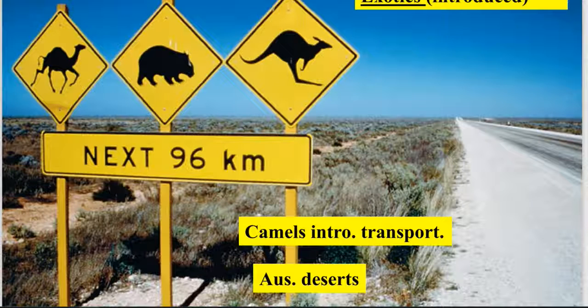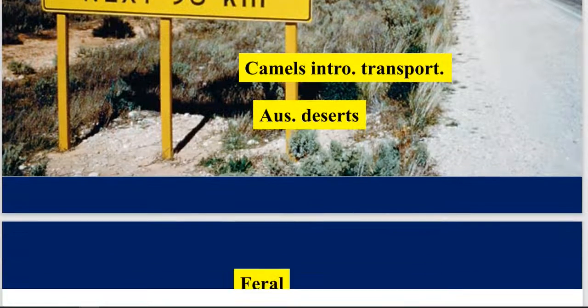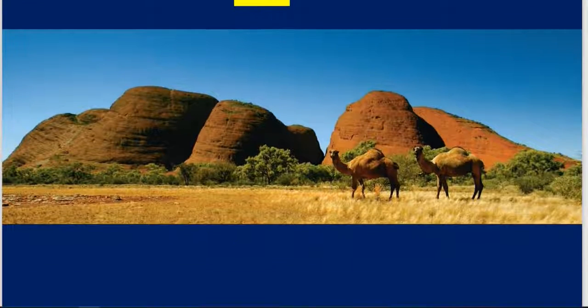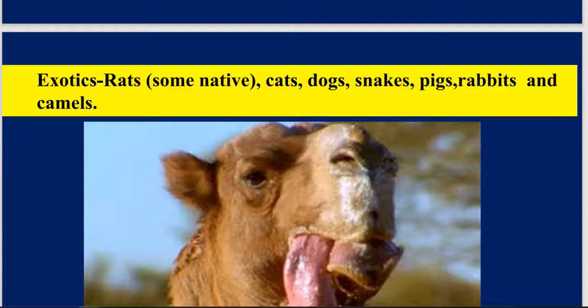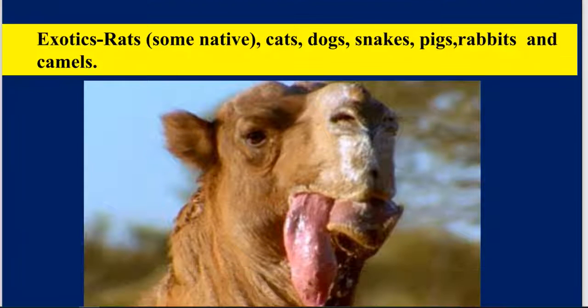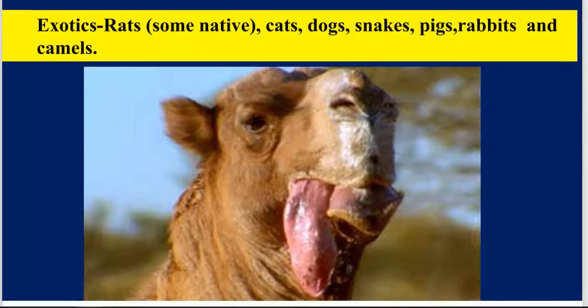Here's a typical sign for the Australian desert, the animals beware signs. And you have feral camels. Camels are feral, aggressive, a bit nasty. That's basically what feral means. You have exotic rats. Camel's exotic, by the way. And exotic simply means that you brought the animal into the country somewhere along the way, and it's not native to that country. And in a lot of cases, it doesn't have a natural predator. But there are exotic snakes, dogs, cats, pigs, the rabbits, of course, which was a huge problem, still is.